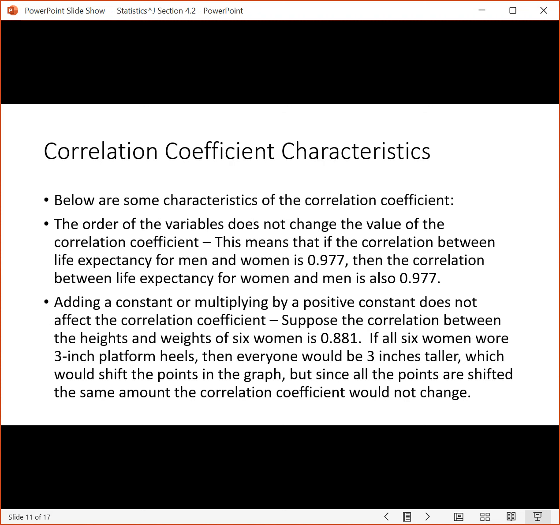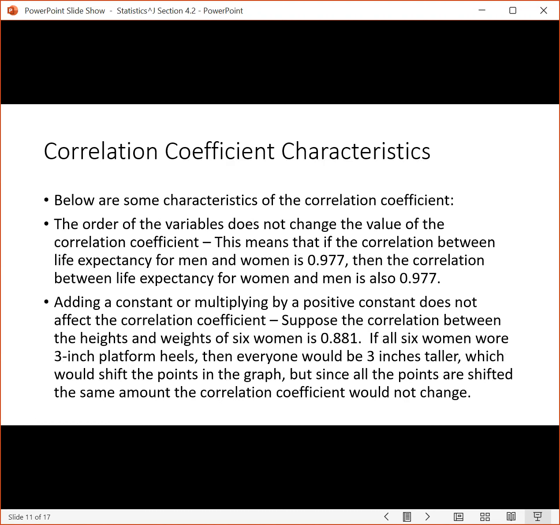So let's look at an example. Suppose the correlation between the heights and weights of 6 women is 0.881. If all 6 women wore 3-inch heels, which would make all 6 women 3 inches taller, the effect that has is that it shifts the points in the graph. It shifts them, right? But if you just shifted all of the points on the graph,